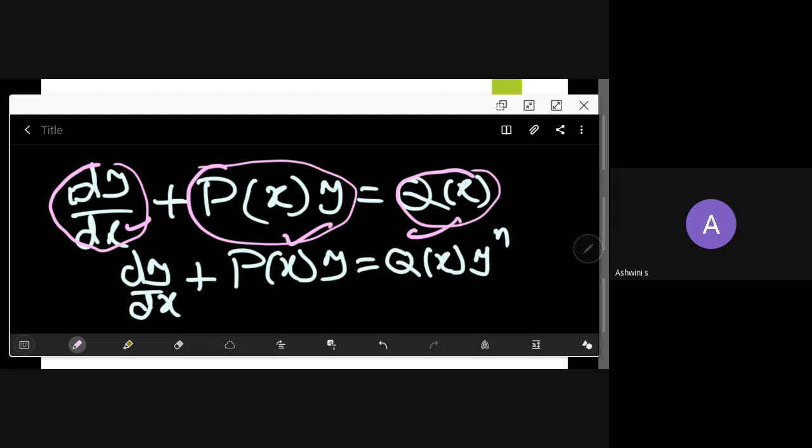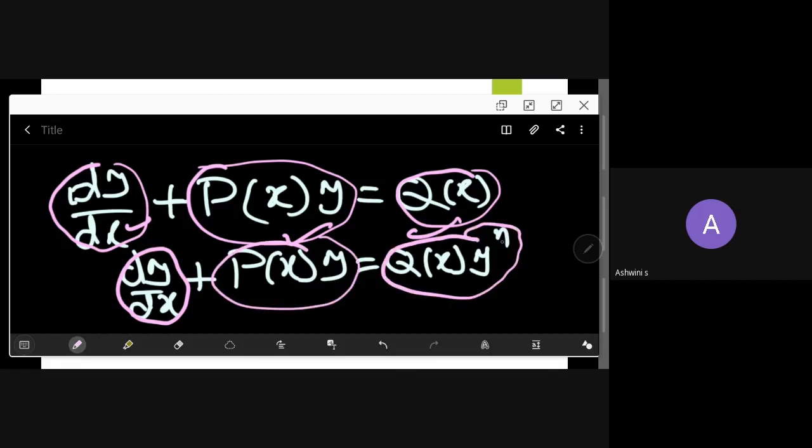So for an equation to be qualified to be called a linear equation, in every term, a term being a product here, you have at most one instance of y. It can be either y or some order derivative of y. So the first one is a linear equation. While in the second one, you have one instance of y here and one instance of y here. On the other hand, you have y power n, which is y into y n times. So instances are more than one. That is why it is a non-linear equation.